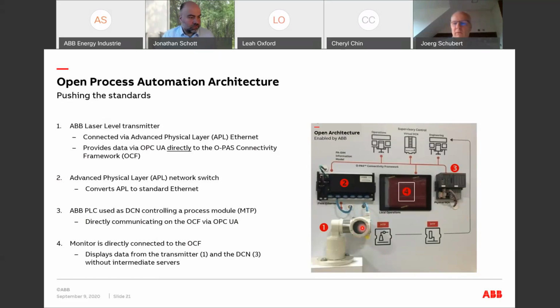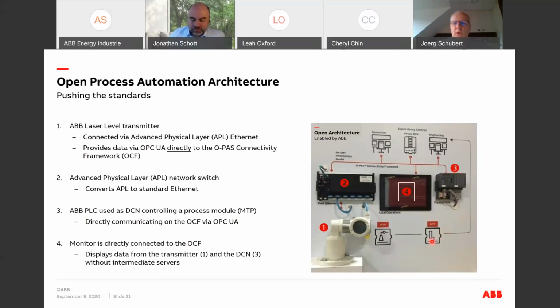And with that, data could have or has been used on the one side in the DCNs for process automation, but at the same time we could access data out of the devices directly on a local operator panel, or could extract this through an edge device into the digital world.